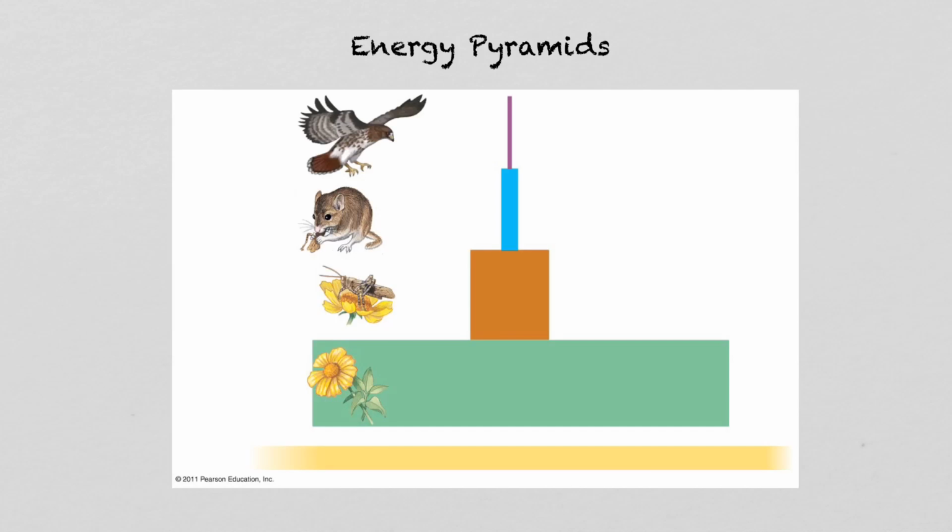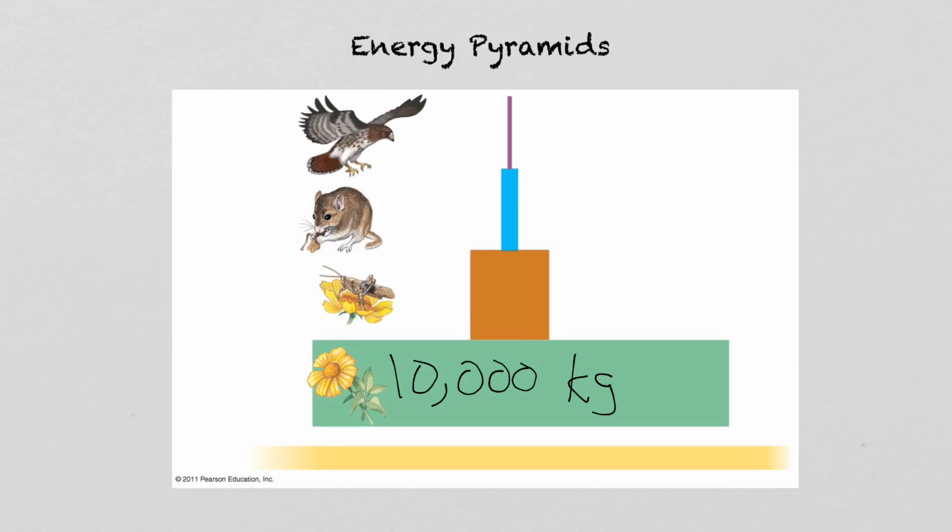Now, let's say that we have this flower, that we have all of the plants in an ecosystem, and if we take the plants from that ecosystem, let's say that weighs 10,000 kilograms. Well, after heat is lost, and after poop is lost, and all sorts of other things are lost,